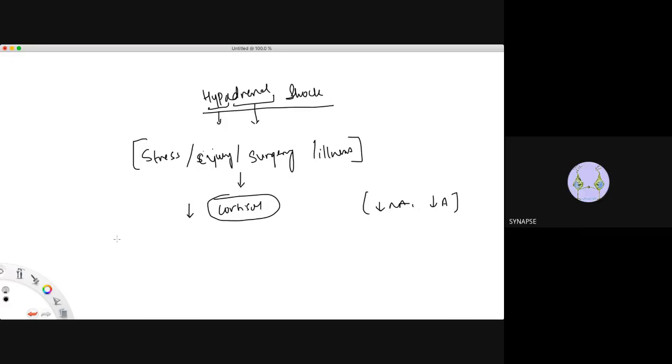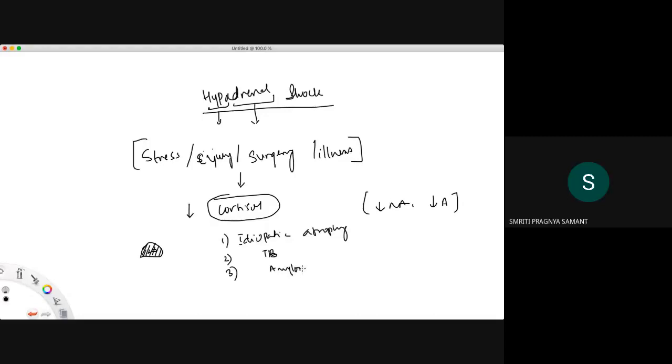Now I'm just going to enumerate the causes of hypoadrenal shock. It could be because of adrenal insufficiency. There's something wrong with the adrenal gland. It could be either idiopathic atrophy, or in India, the most common cause will be tuberculosis. Tuberculosis does not spare an organ, so it can involve the adrenals also, and it can lead to adrenal insufficiency. Or it could be because of amyloidosis, a chronic inflammatory condition,